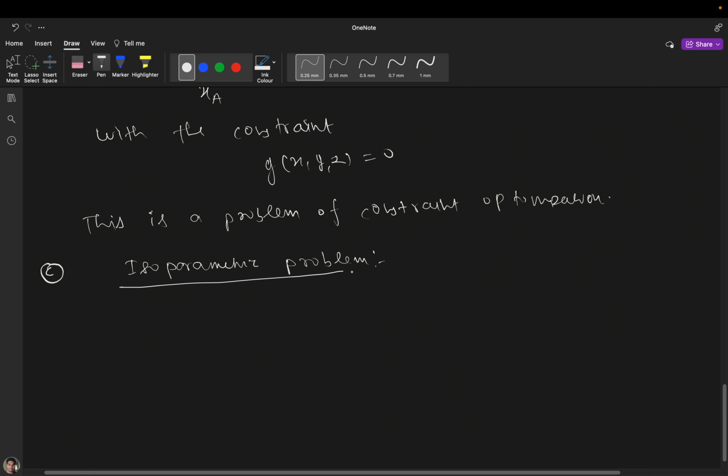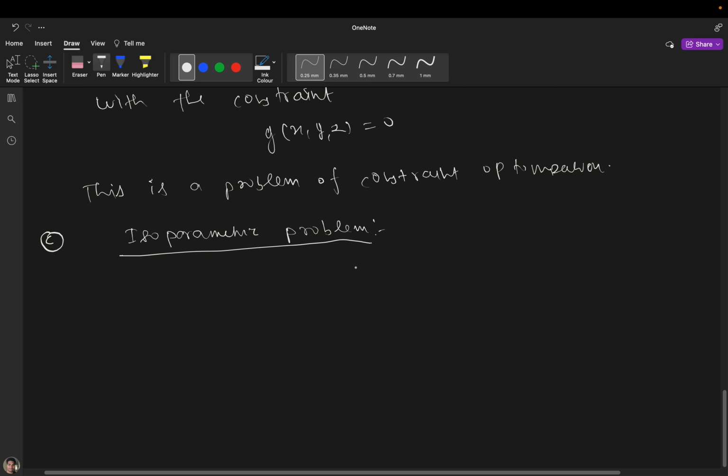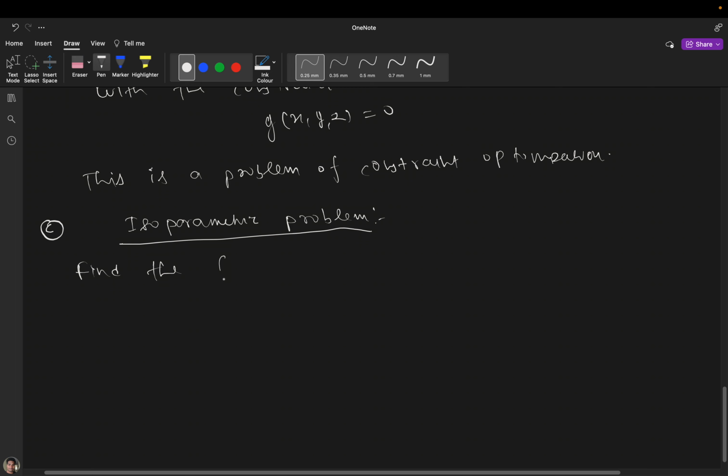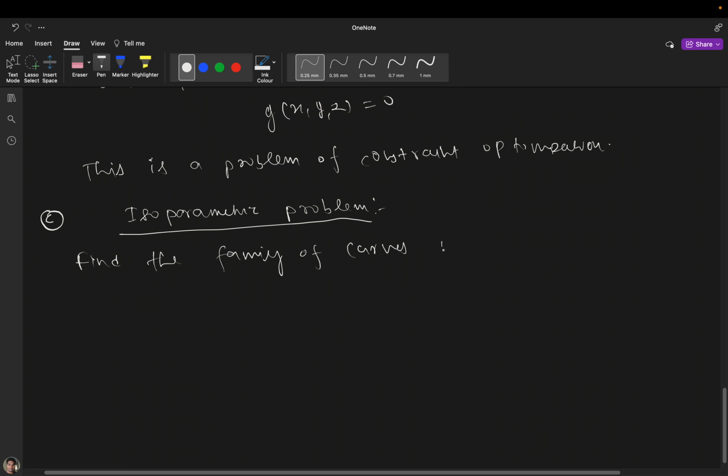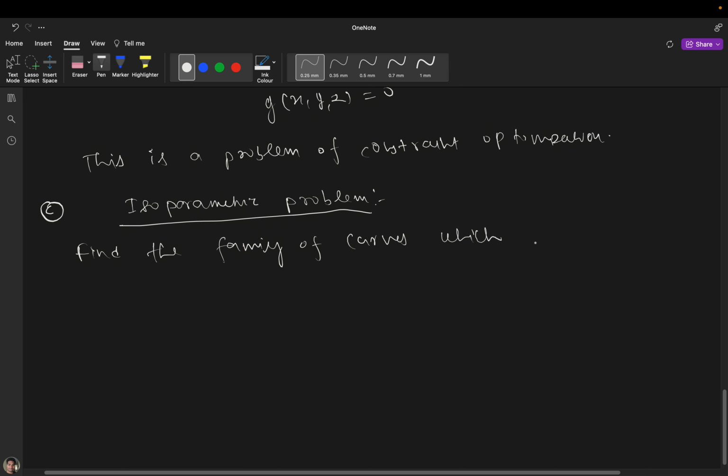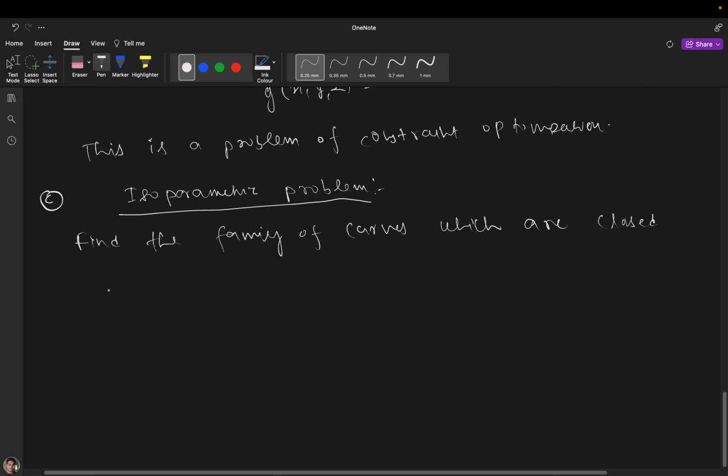In this problem, which is also a constraint optimization problem, it says: find the family of curves which are close to each other,